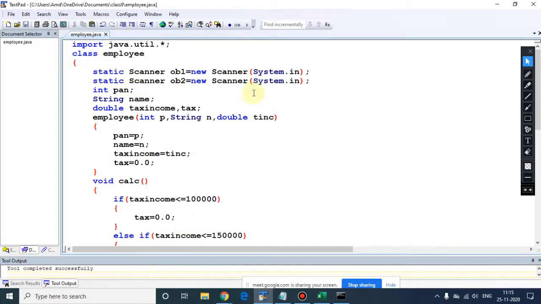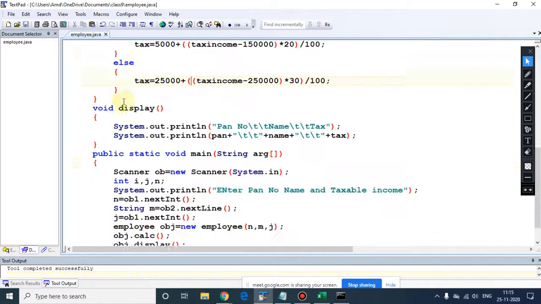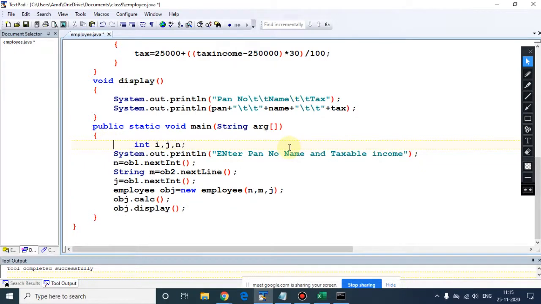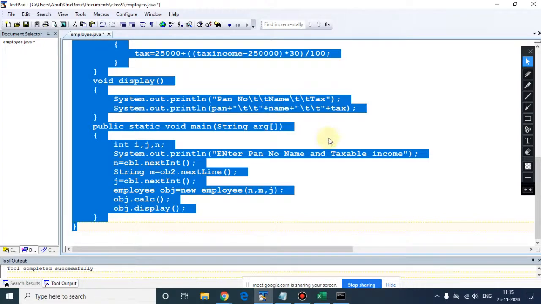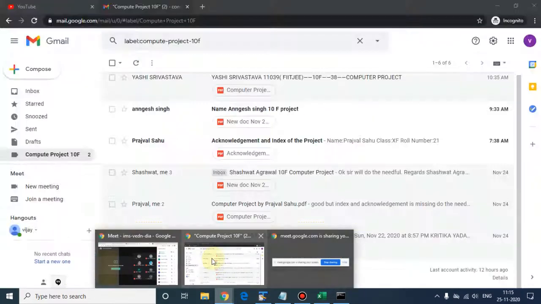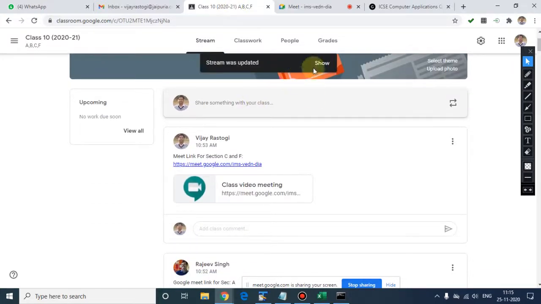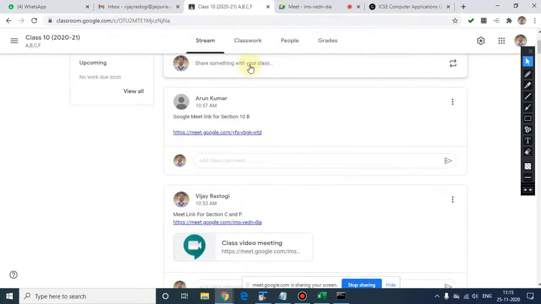Okay, so any confusion in this static scanner OB1 and OB2? This is not required now, right? So I am posting this in the GCR for your help. So if you want, you can go through that.